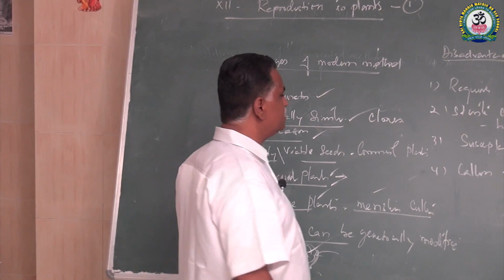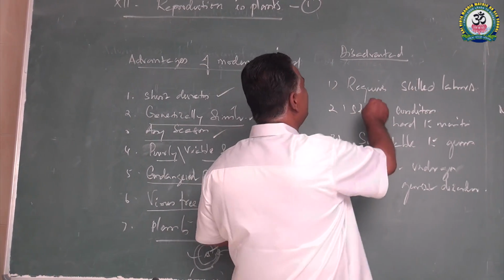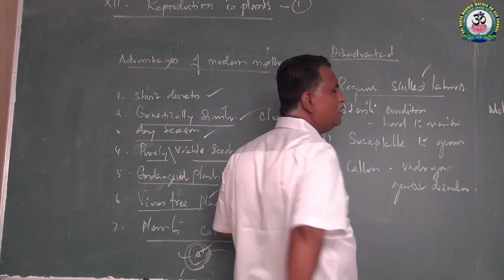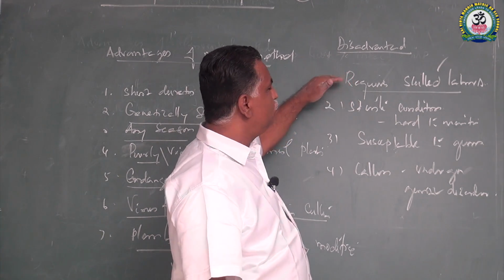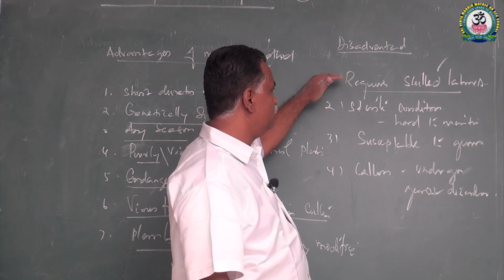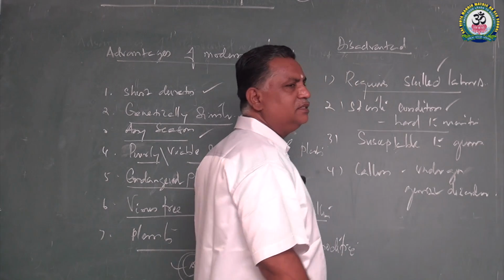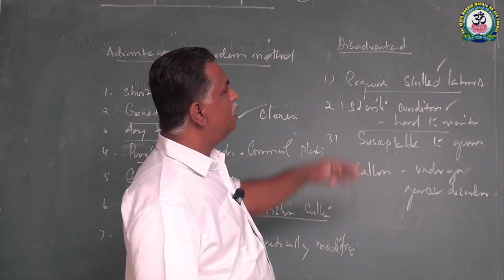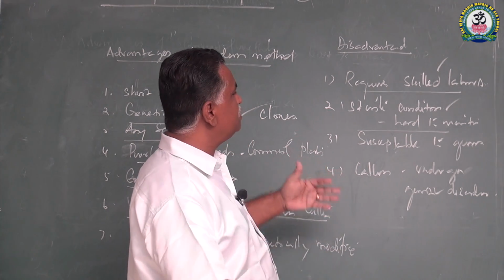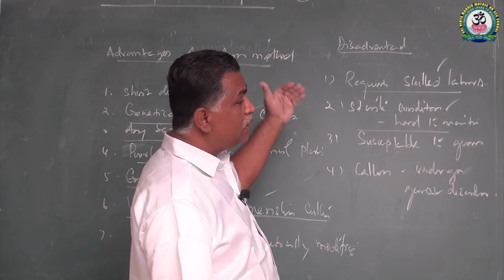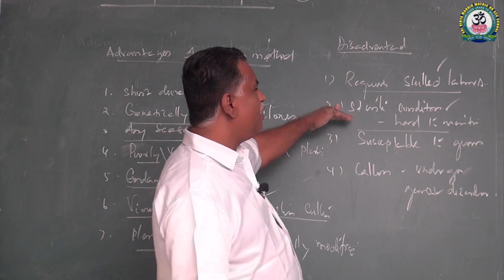So these are the advantages. And what are the disadvantages of this method? This requires skilled laborers, and only skilled labor can be involved in this. Common people cannot do this work, so it is hard to perform. And the entire atmosphere should be kept in sterile condition. This is another threat to these modern techniques. Unless the entire laboratory is kept sterile, the atmosphere will be spoiled. So this is also very hard.